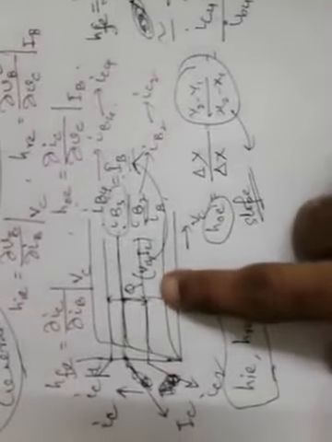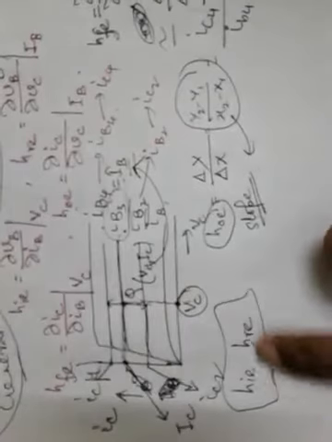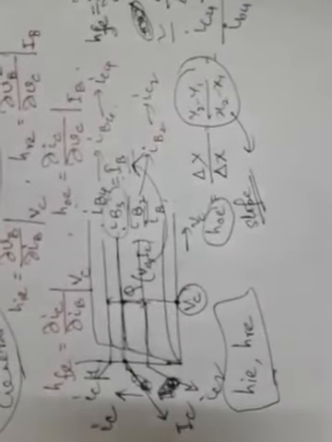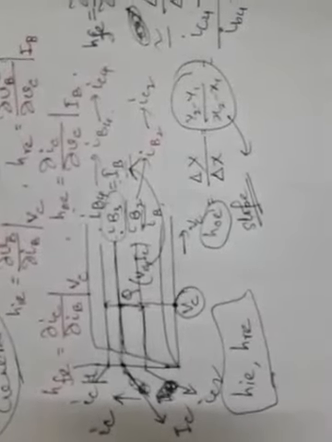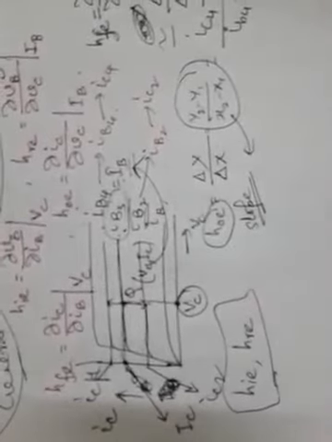Now for getting HIE and HRE, because these two are input circuit terms or input circuit parameters, we need to draw the input characteristics. This is the output characteristics for the transistor amplifier. For finding these two we need to draw the input characteristics of the transistor amplifier. From the input characteristics you can similarly find these two terms. Try to solve this on your own. So this is all about the determination of H parameters of transistor amplifiers.